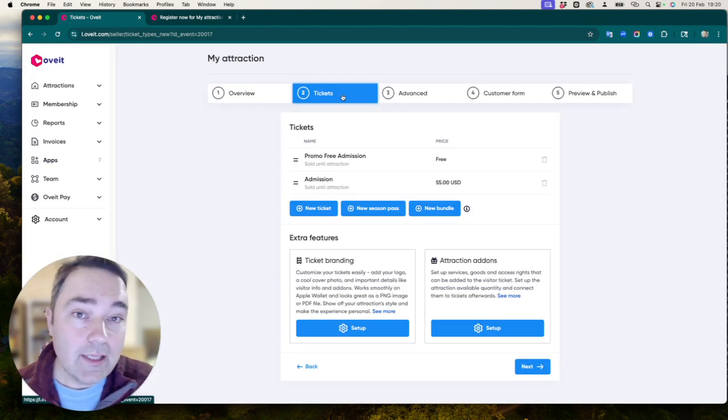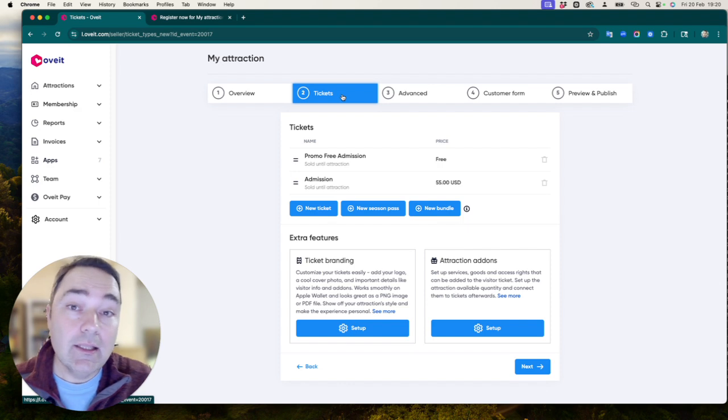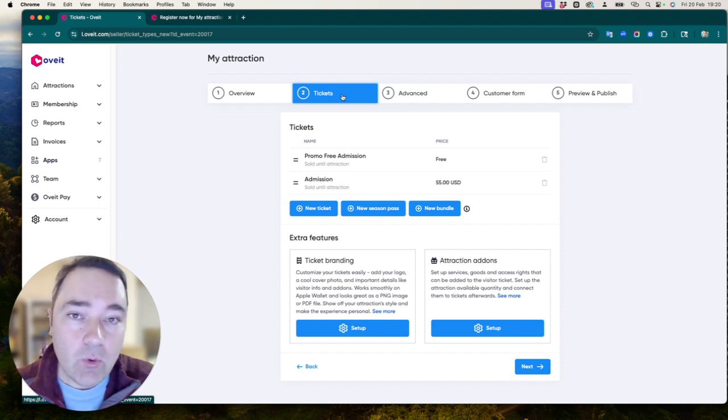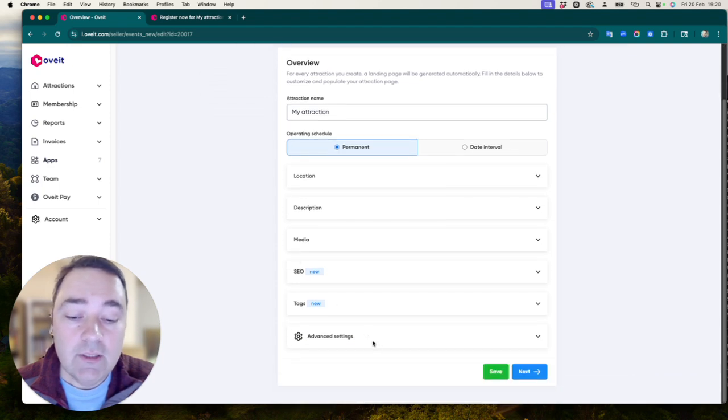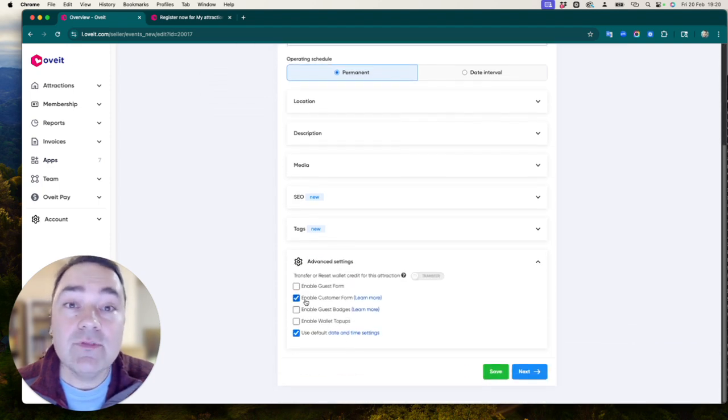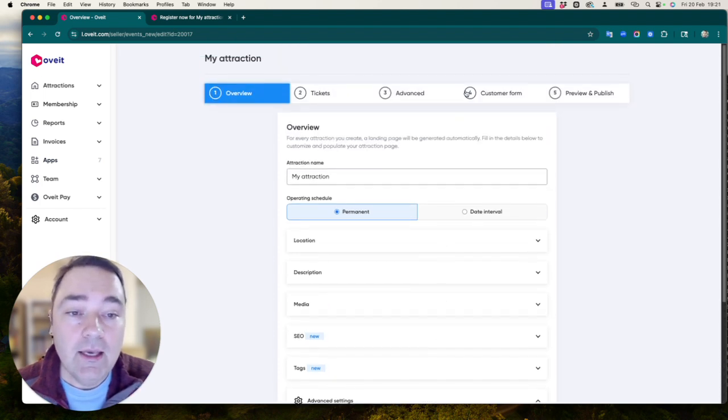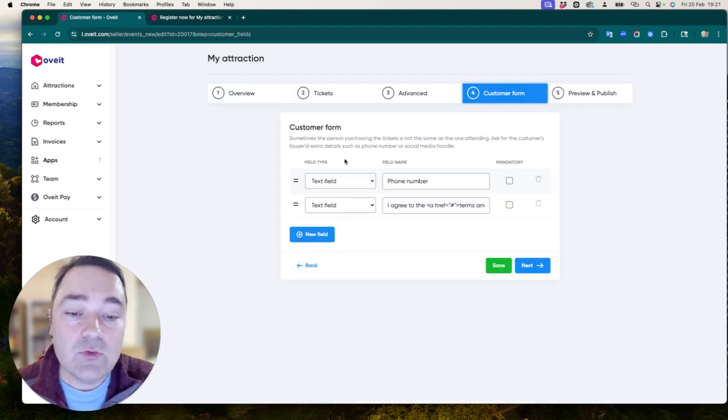One additional thing that I've done is, because we also want to collect some data from our guests so we can know who actually claimed the free tickets so we can remarket to them afterwards, on the first step in my attraction setup under advanced settings, I've set up the enable customer form option. And this basically enabled the customer form step number 4 in our setup. And that's where I added some relevant